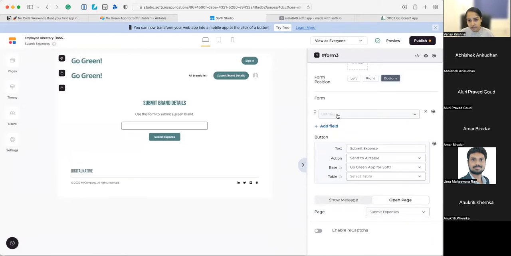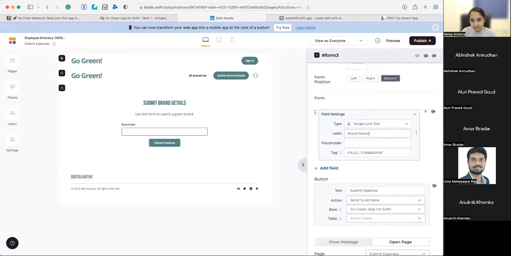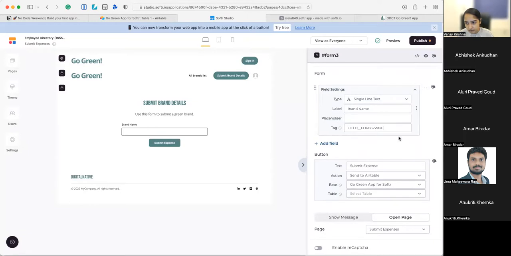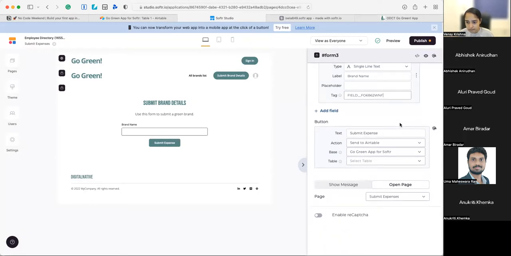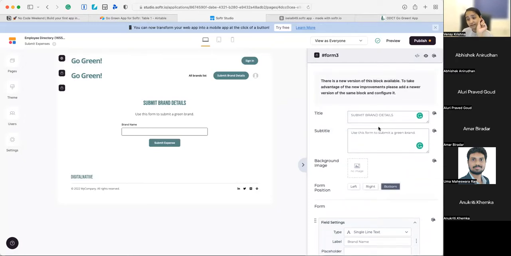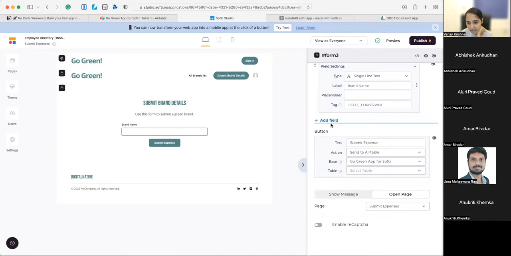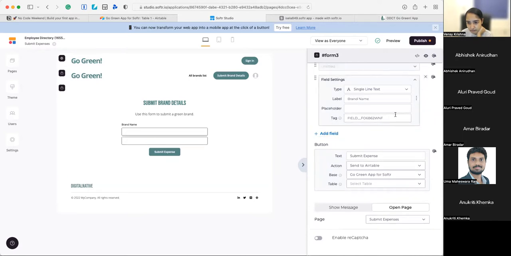Add a field, and the type of the field is going to be single line text. Label is going to be brand name. That's the data that you want. And tag. So this is the link to where it's going to get saved. Okay. So next we're going to say,